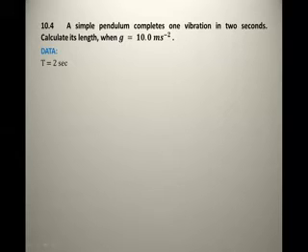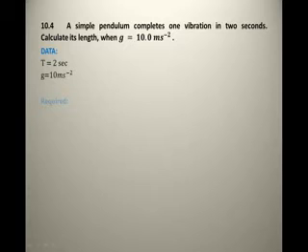Okay, then tell me, what are you thinking about T equals to 2 seconds? Is this a special term? Yes. Then tell me, why is it special? We have discussed in our previous lecture that if the time period is equal to 2 seconds, then it means that this is the system of a second pendulum. Remember, a second pendulum is a system in which the time taken to complete one vibration is equal to 2 seconds. That's why it is called second pendulum. Okay, then moving further, g equals to 10 meter per second square.